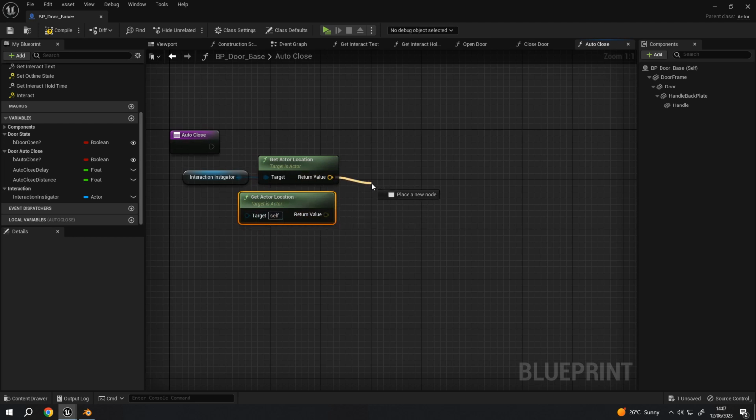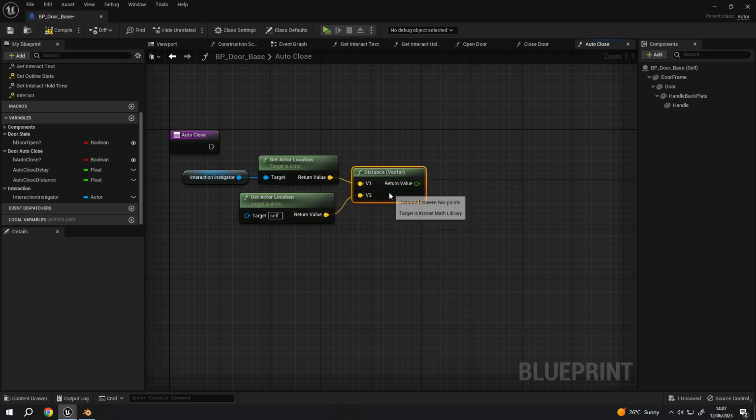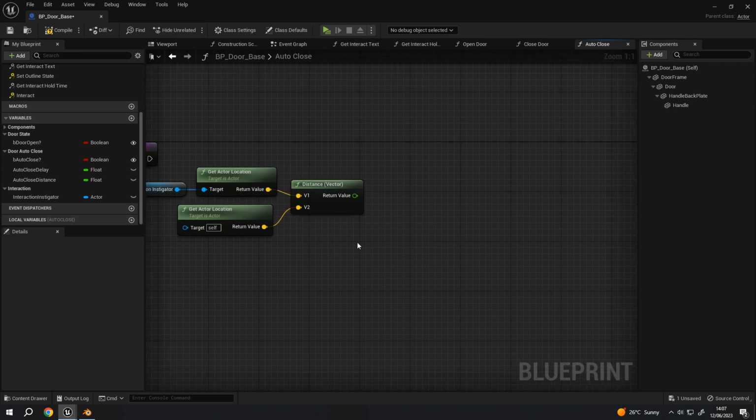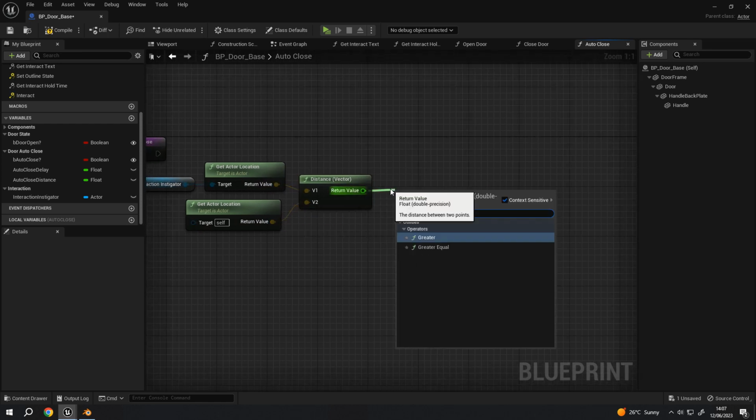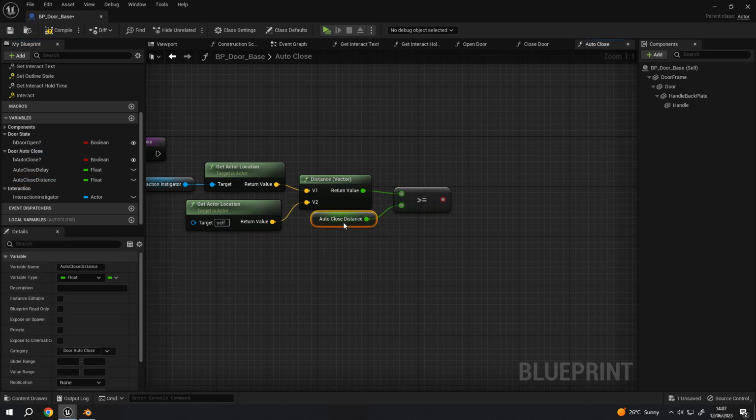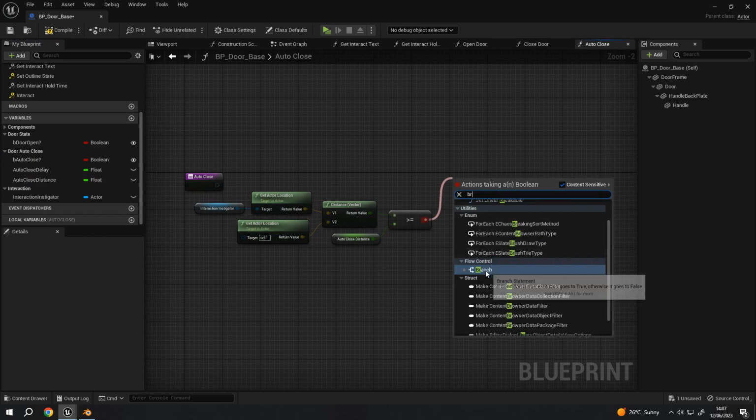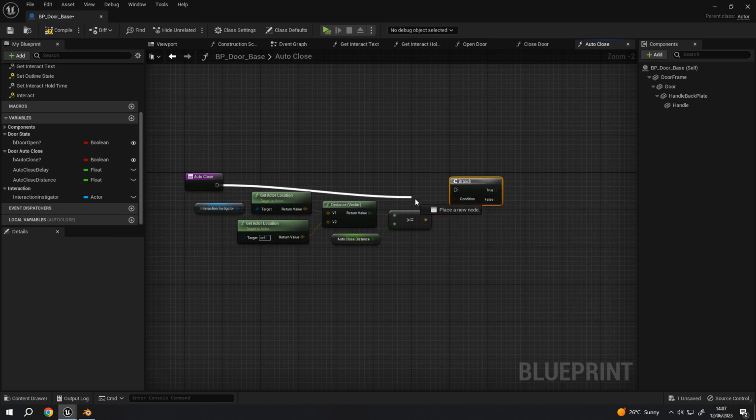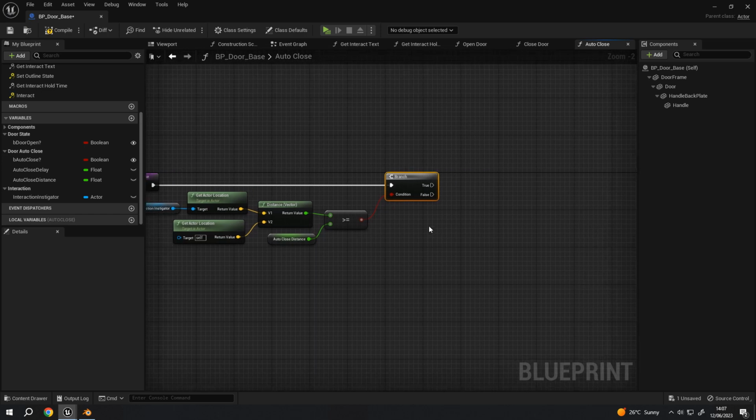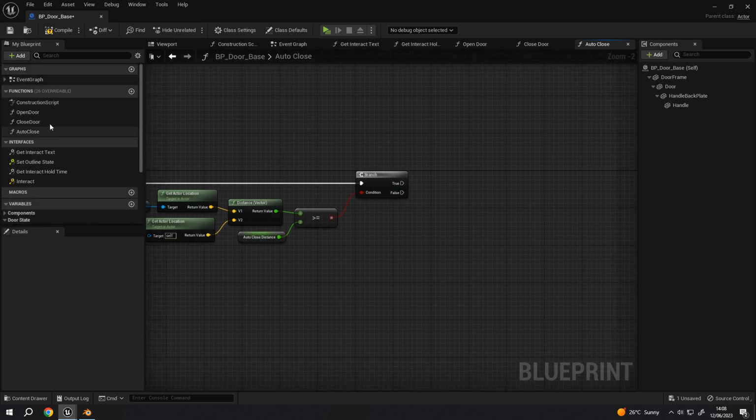And then what we want to do is get the distance, so just type in distance, so distance vector. Like so, we'll just connect the 2 locations in. And then we want to check to see if that is greater than or equal to our auto close distance. And we just connect that in like so. With that done, we can pull from the boolean, connect to branch, like so. And then this is where we can then decide what we want to do. So if it's the case that the player is far enough away, we can just go ahead and call the